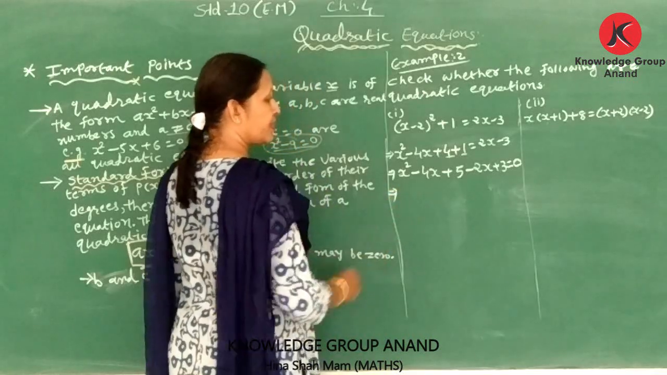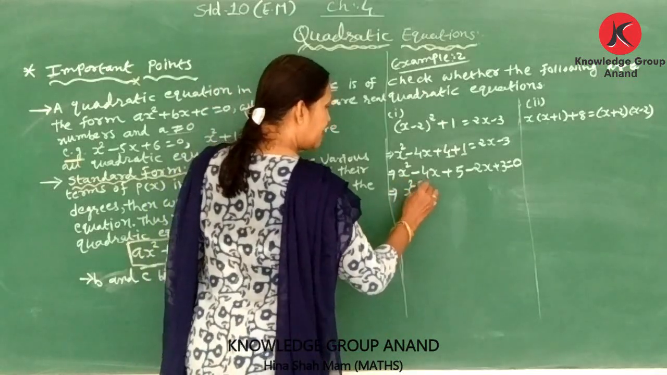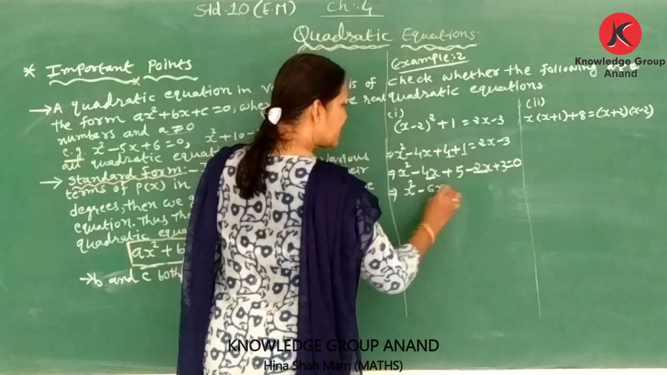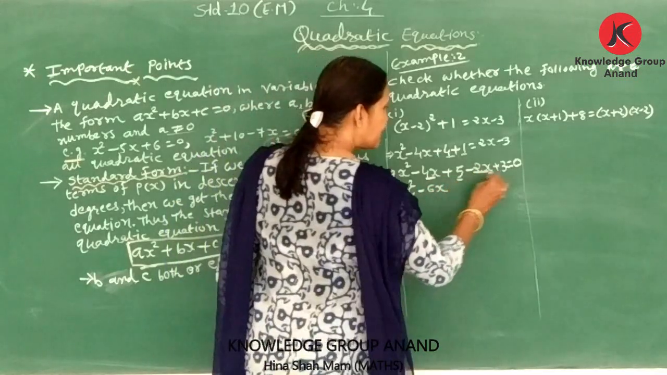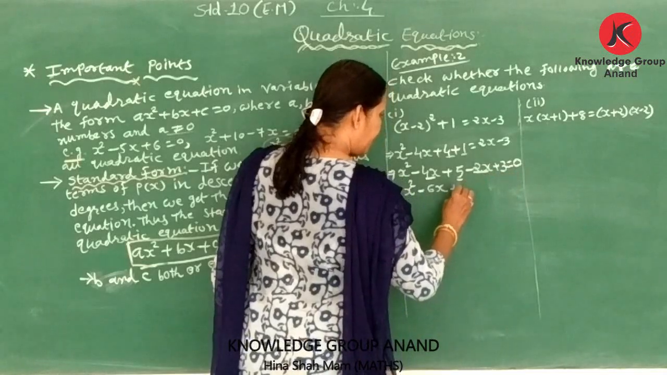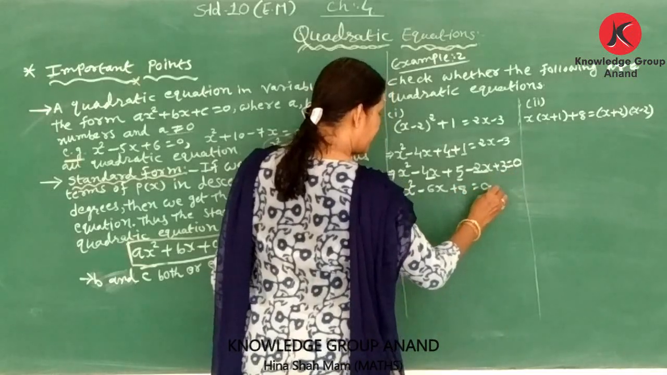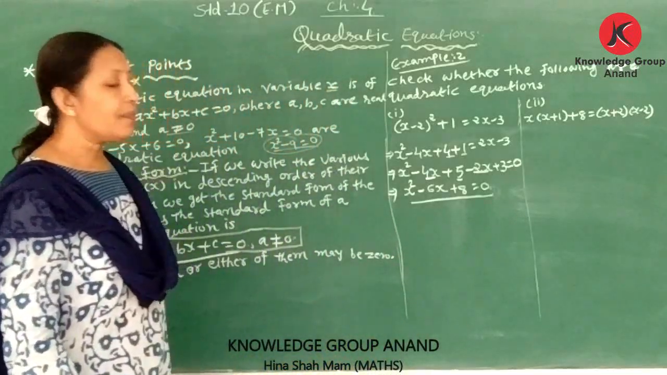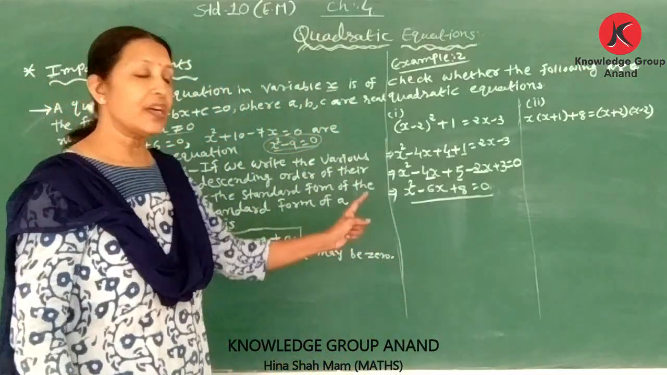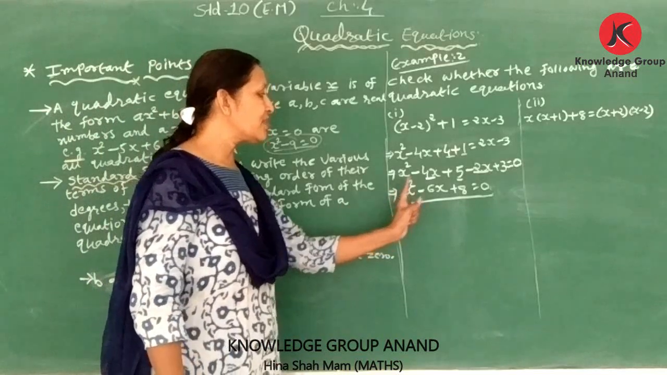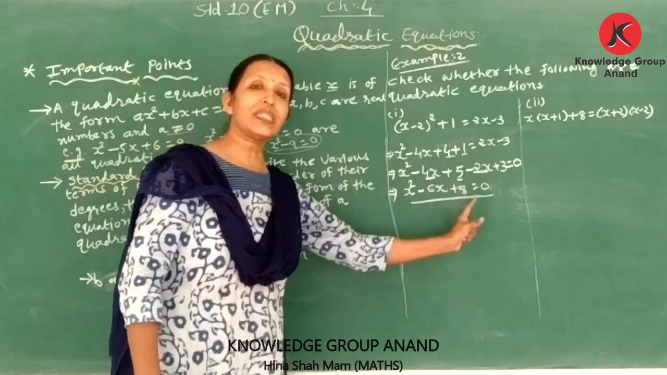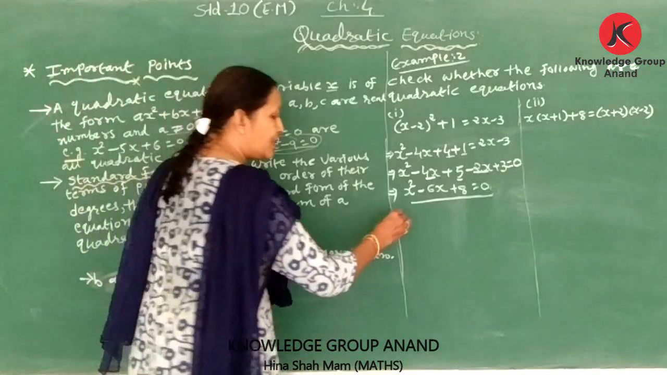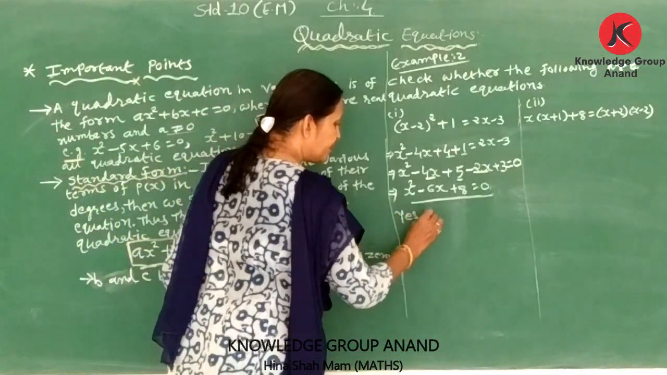Therefore, x square minus 4x minus 2x minus 6x plus 5 plus 3 plus 8 is equal to 0. Is it in the form ax square plus bx plus c? Yes. Here a is equal to 1, b is equal to minus 6, c is equal to 8. Yes, it is a